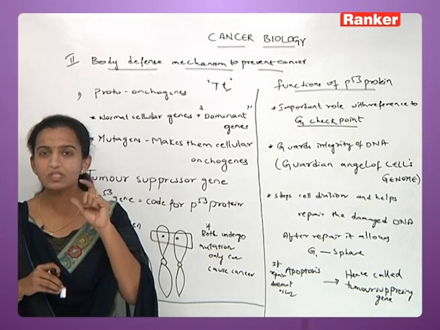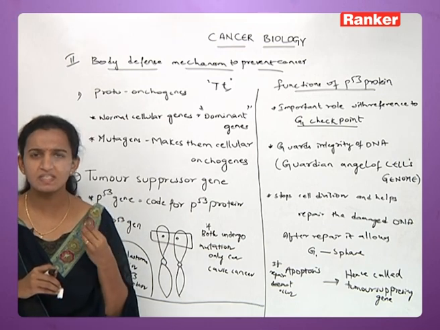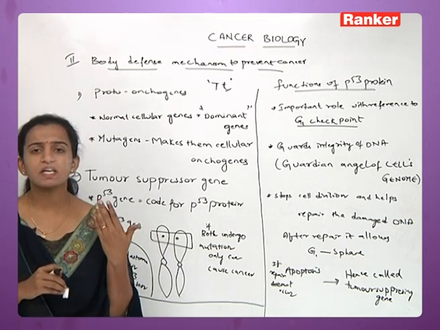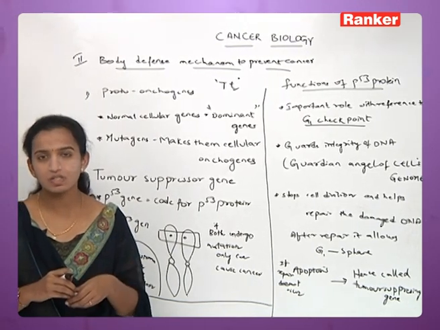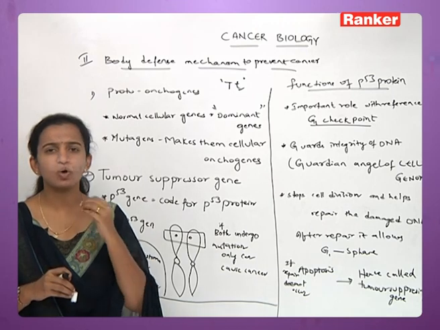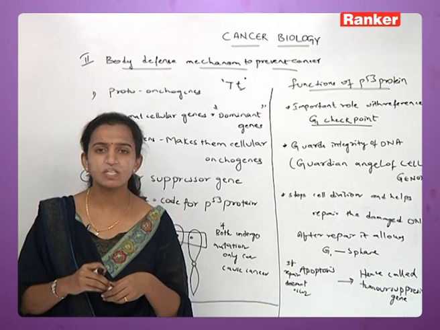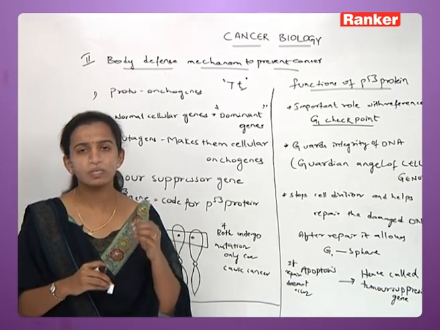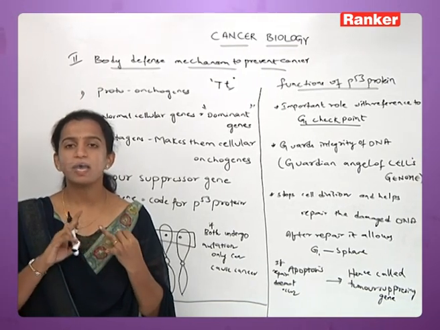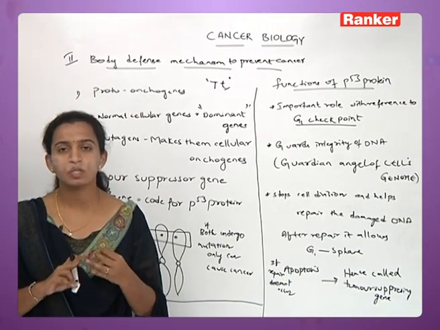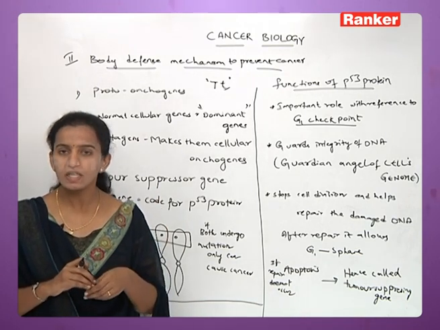So if there is some change or a minor mutation taking place in these proto-oncogenes, what happens is that they tremendously show their character, they enter into expression, and cancer is caused. The proto-oncogenes are present in all organisms, all living beings, but the way they come for expression is different. Here the proto-oncogenes will come for expression in 2 situations: whenever they have a dominant gene, or when a mutation is taking place. These are the 2 reasons when proto-oncogenes will turn into a cancer gene.